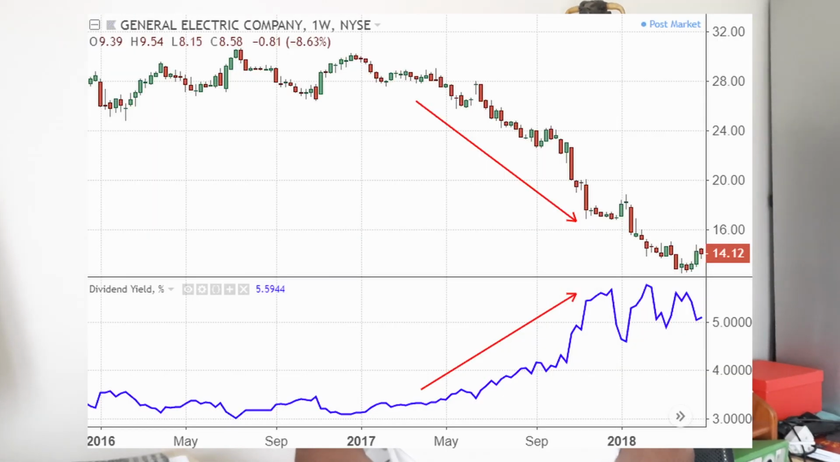Now the problem starts when the share price of a company starts to drop. So you buy the company at 100 rand per share. Tomorrow, the share price of the company is 80 rand per share. The dividend is still fixed at 10 rand. Now, when you do the numbers, you will see that the dividend yield of that company now is greater than